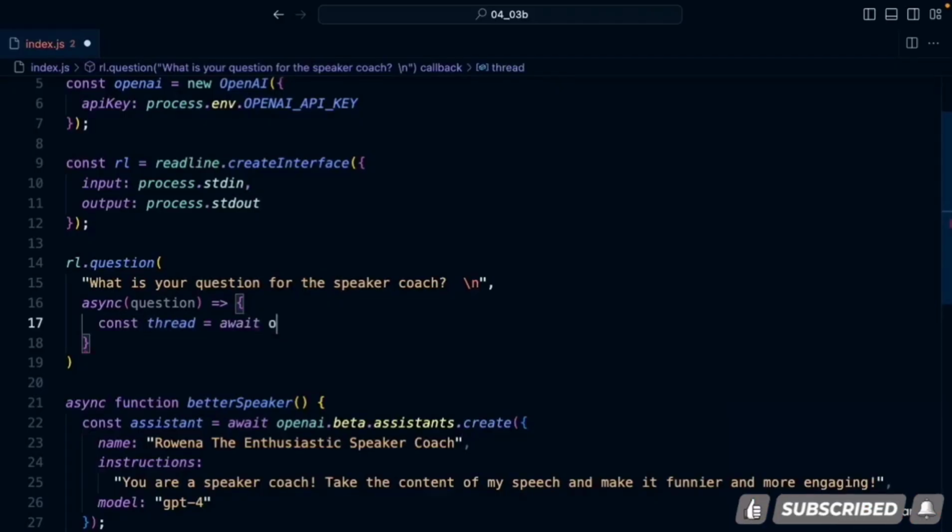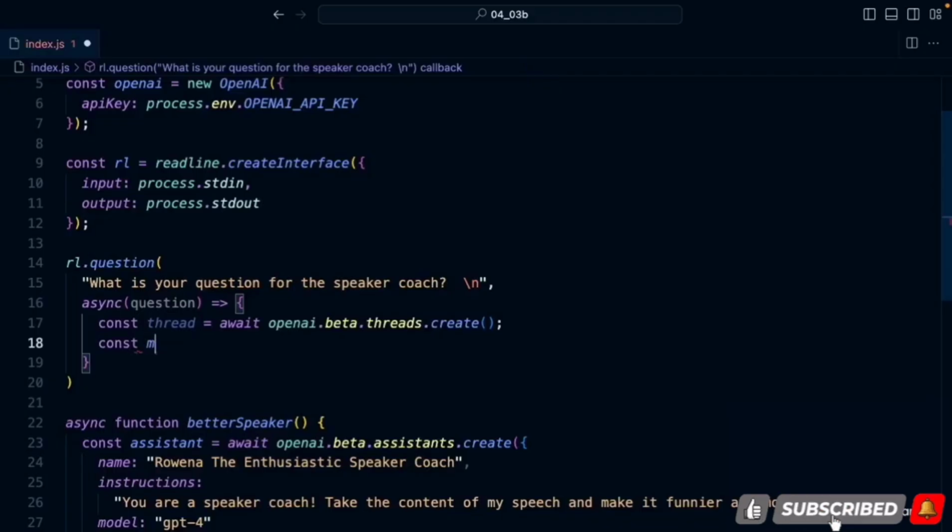We'll use this function called openai.beta.threads.create. And then we'll also create a message. So a message goes into a thread, and this is going to grab that question from our input. So we will say message await